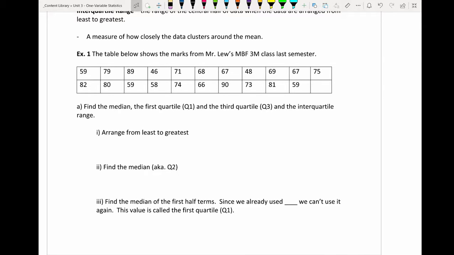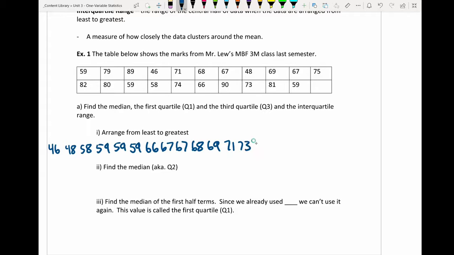The first thing we want to do is arrange from least to greatest. So we want to write out all these values from least to greatest. Going through, we should start off with 46, 48, 58, 59, 59, 59 again, 66, 67, 60, another 67, 68, 69, 71, 73, 74, 75,